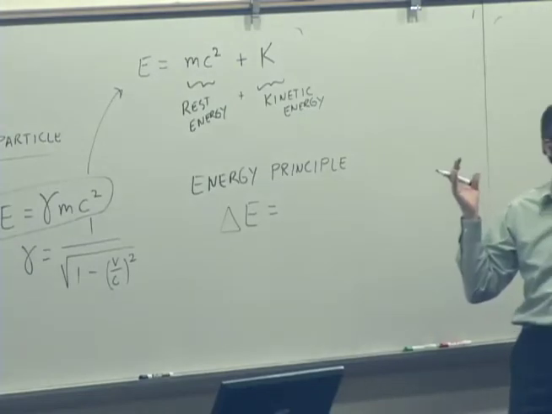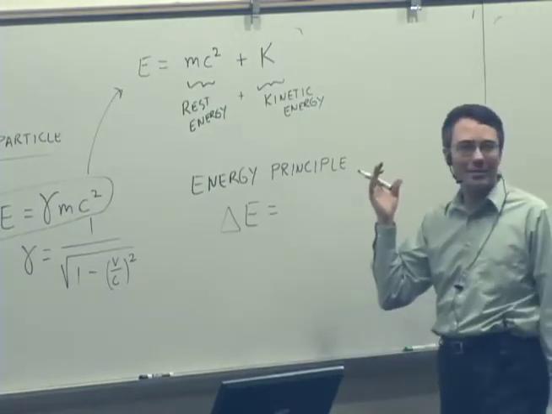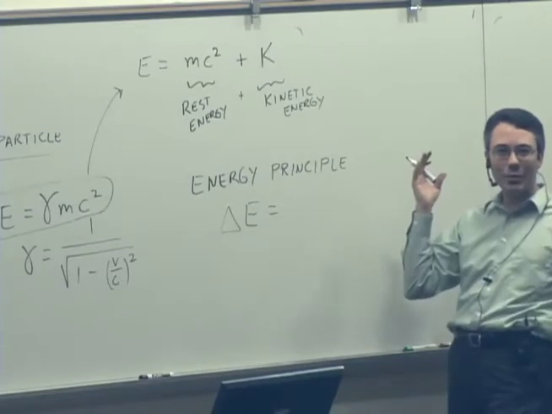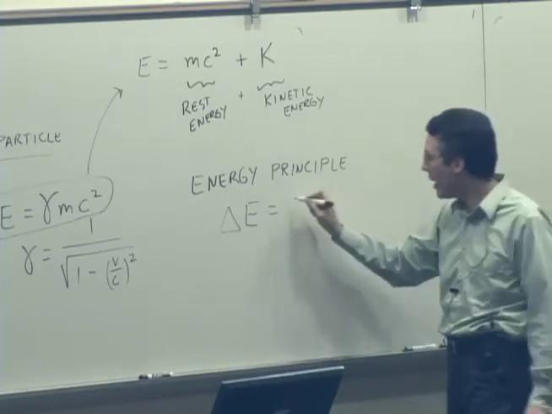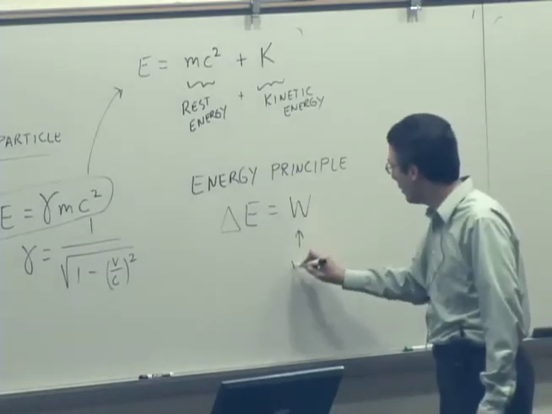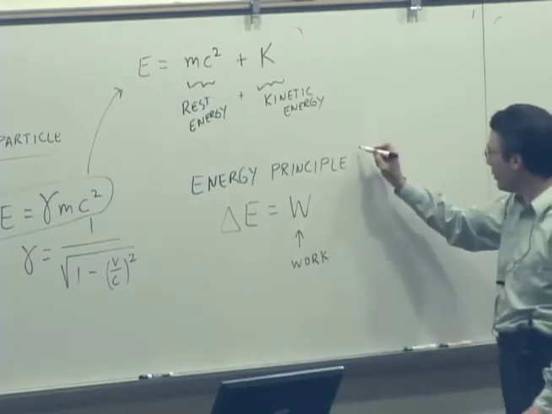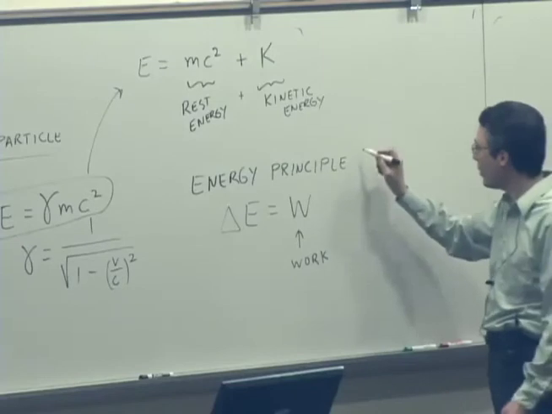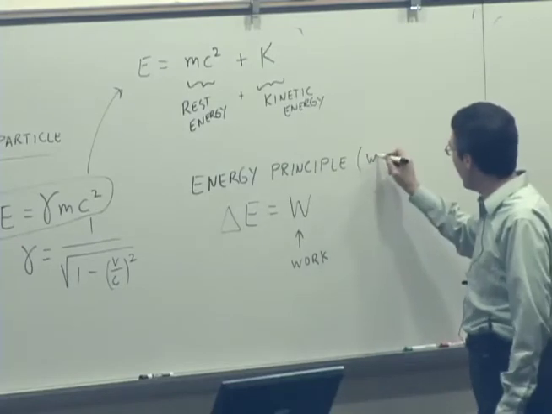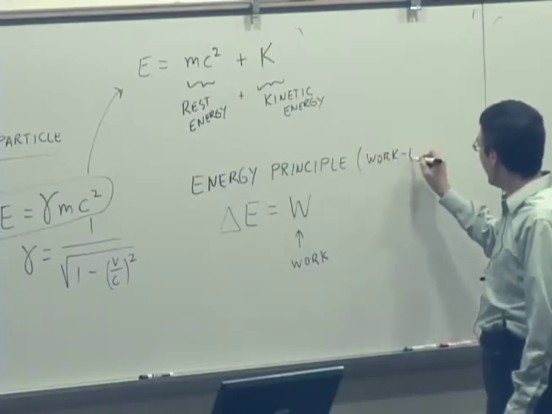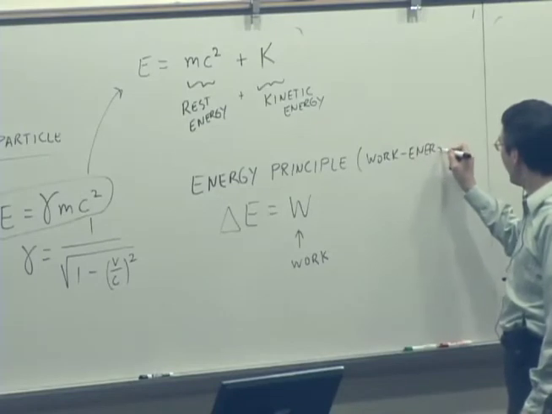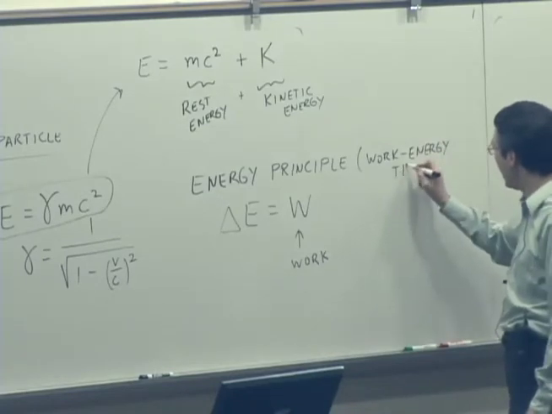What goes on the other side? Anybody remember? Change in energy is equal to work. Yeah, work. Okay, you might have seen it called energy principle or conservation of energy, or sometimes it's called the work energy theorem. Goes by a number of different names, but it's basically saying